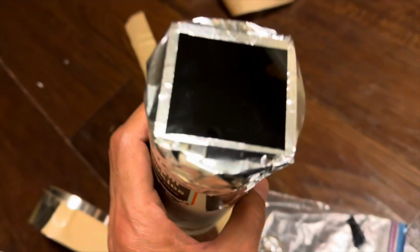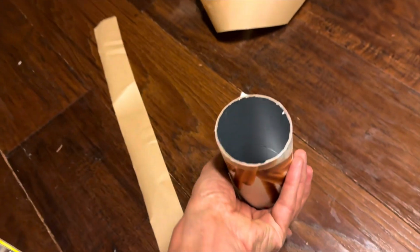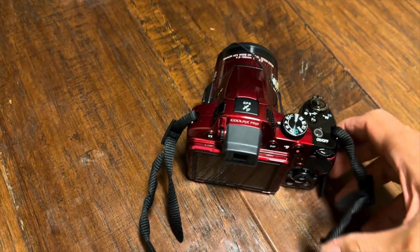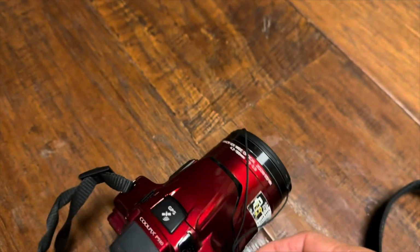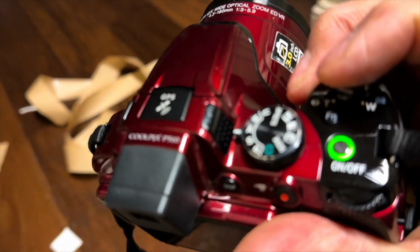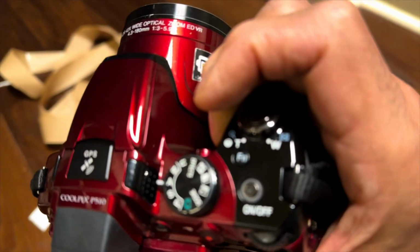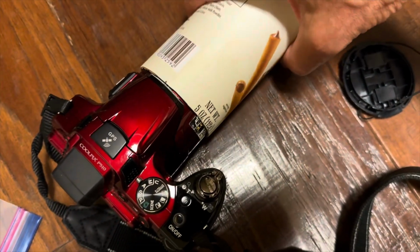Now, let me show you how I'm going to use the camera adapter. Just hang on, I'm going to go and get the camera. Now this is a 42 times optical zoom camera. It's a Nikon, and it has a lens that does actually come out. So let me turn it on. It still may not be charged sufficiently. Right now I can't get the lens to come out, but this will go over the front, and then I'm